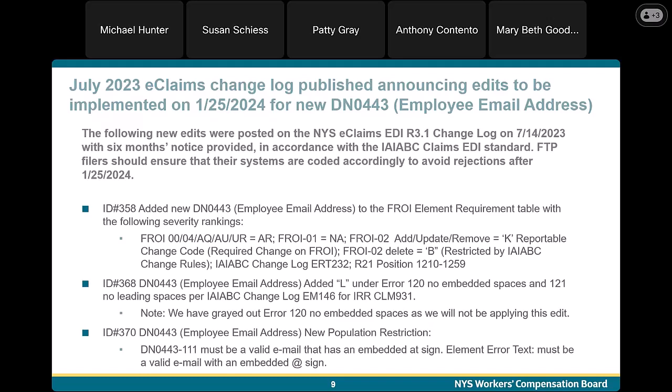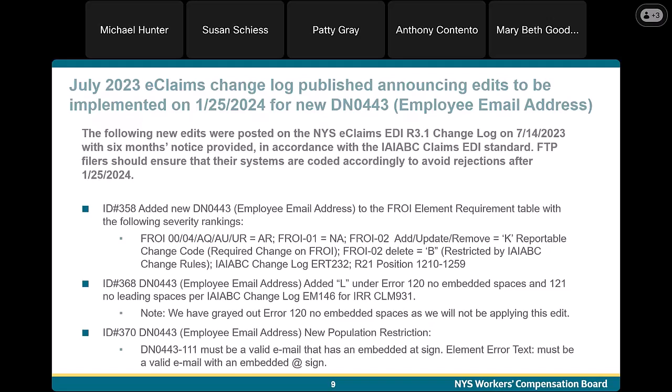FROI 02 on add, update, remove, K, reportable change code, which is required change on a FROI. FROI 02, delete, which would equal B, which is restricted by IAIABC change rules. And that is noted on the IAIABC change log ERT 232. And the position is R21, 1210 through 1259.